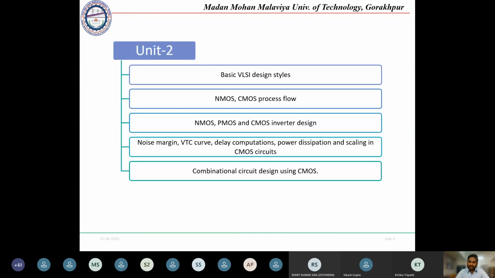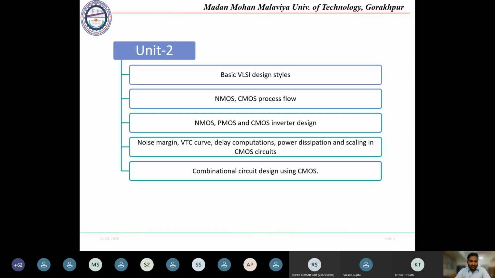in a similar way, we can design any digital circuit so that we can get our desired output. That means the output here is the power, the delay of the circuit, and the number of transistors required. These are the requirements that we will have. Based on that requirement, we will be designing the circuit. Based on the inverter circuit design, we can go for any circuit design. So that's why we will be studying the inverter design as a basic base.